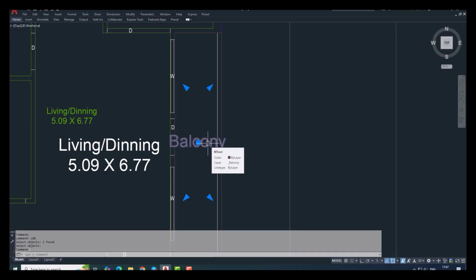Make sure that the label always has its arrows inside the designated polygon. Balcony is an option that is in a different layer in the floor plans, whereas the utility balcony